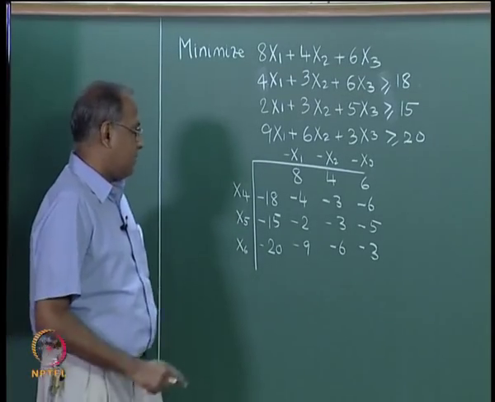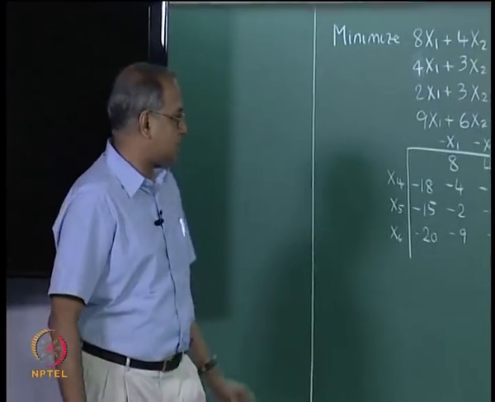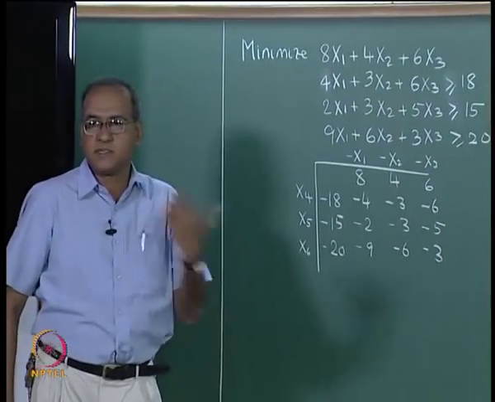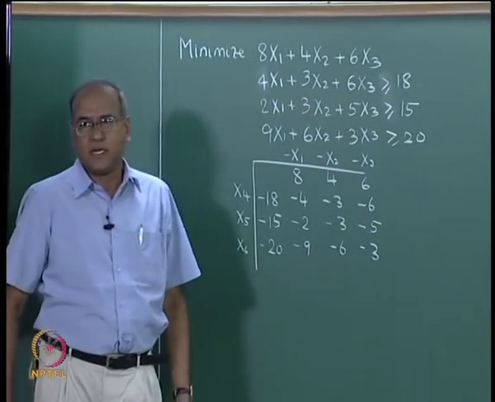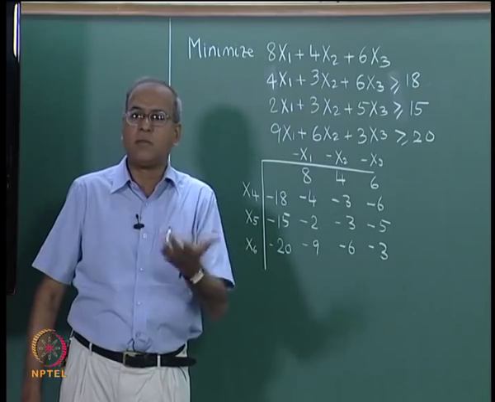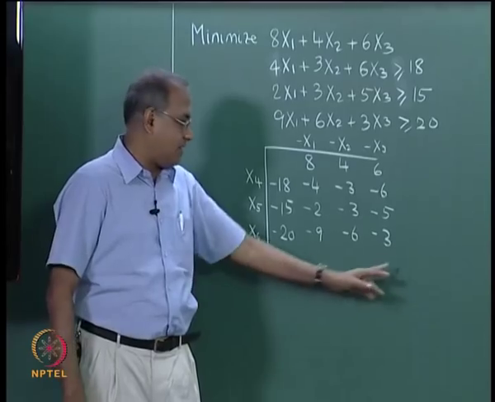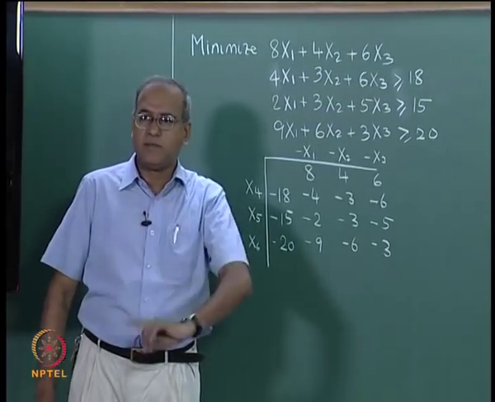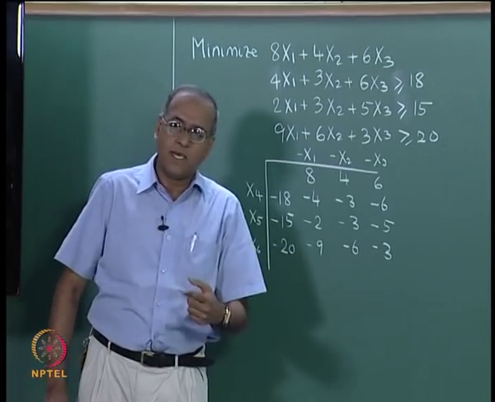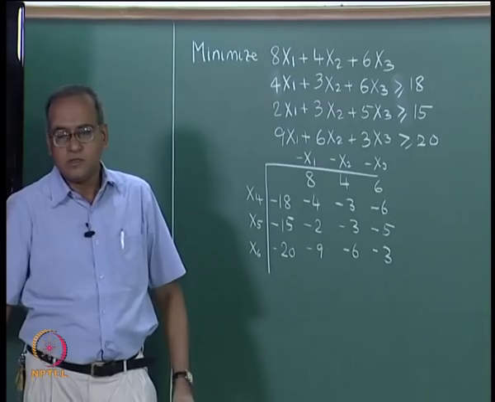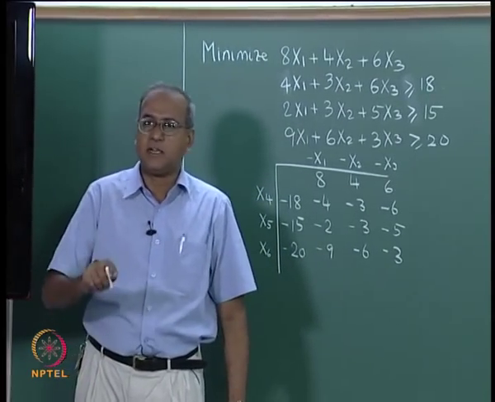One is that we want to maintain the all integer nature of this table. So, if we wish to maintain an all integer nature of this table, then we have to have a cut in such a manner that the pivot element has to be plus 1 or minus 1. The reason is, in the next iteration we are going to divide every element of the pivot row by the pivot element and every element of the pivot column by the negative of the pivot element. So, that is the only place where we divide.